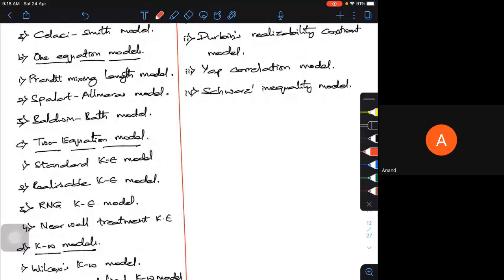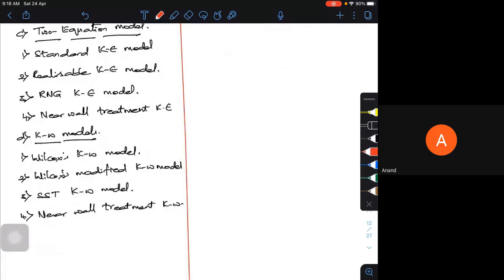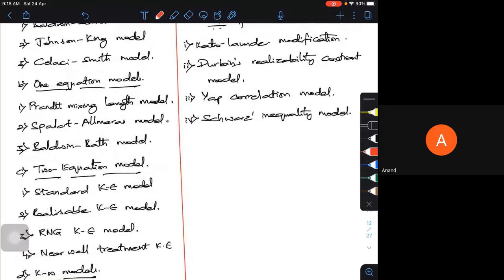Or if I want to go for any kind of three-dimensional or two-dimensional flow phenomena, I'll start all my modeling with the K omega model or K epsilon model. So you can start with the standard K epsilon model or realizable K epsilon model, or directly get into the K omega models, SST K omega. These are some of the models which have been extensively used in most of your CFD studies.